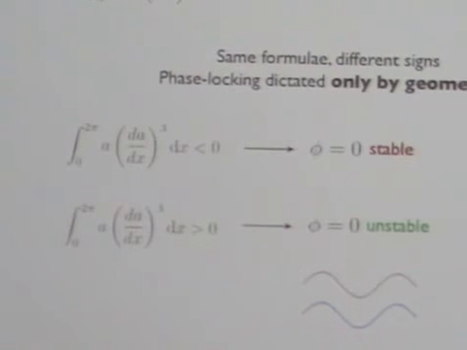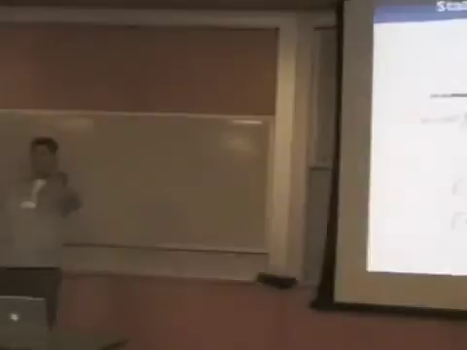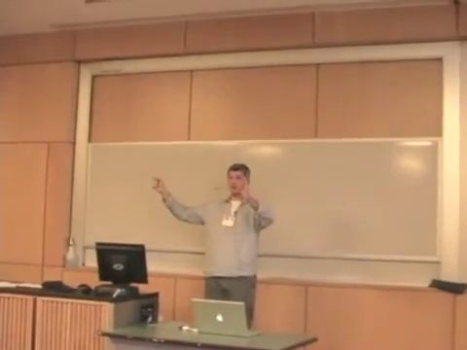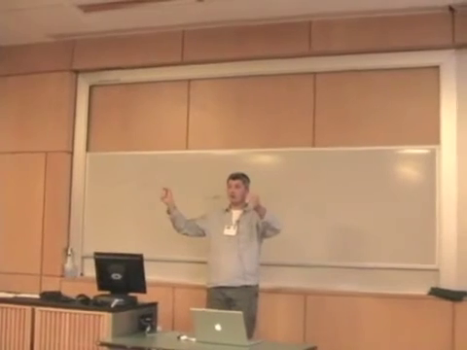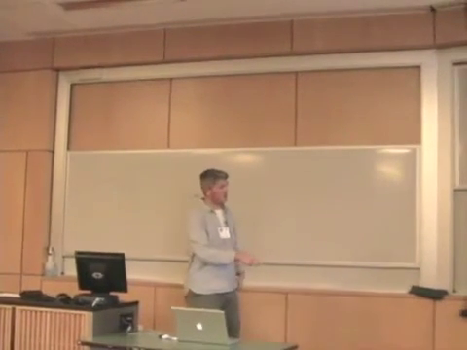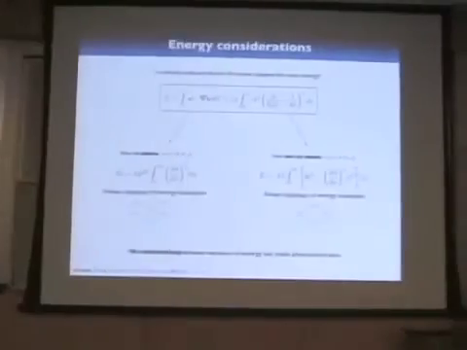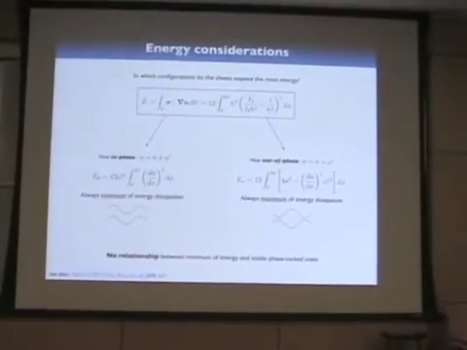So to summarize, it's only a function of the geometry. You give me a waveform, I can calculate over one wavelength what this integral is, and depending on the sign, I can tell you whether phase locking will occur. It will always occur, but it will either occur in a situation where they're in phase or where they're out of phase. Now, Taylor said that the swimmers are swimming in phase in his paper in 51